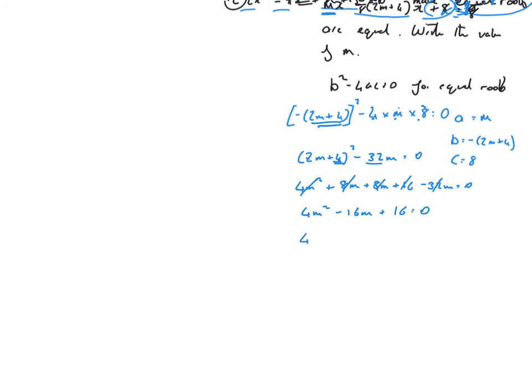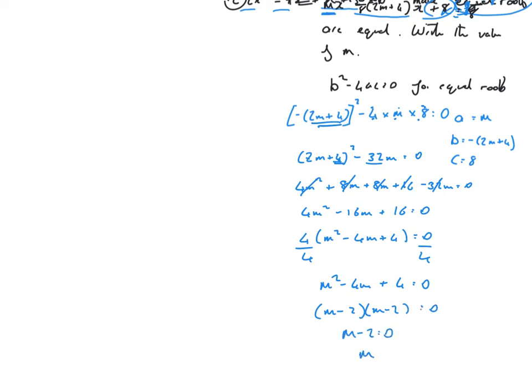First we'll factorise and take out a common factor. 4 bracket m squared minus 4m plus 4 is equal to 0. Divide both sides by 4. And that will give me m squared minus 4m plus 4 equals 0. Two numbers that multiply give 4, add together give minus 4 is minus 2 and minus 2. And that will give me m minus 2 equals 0 and m equals